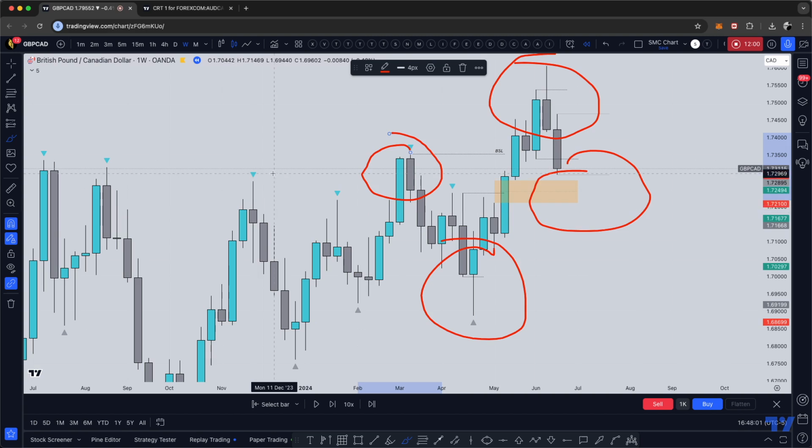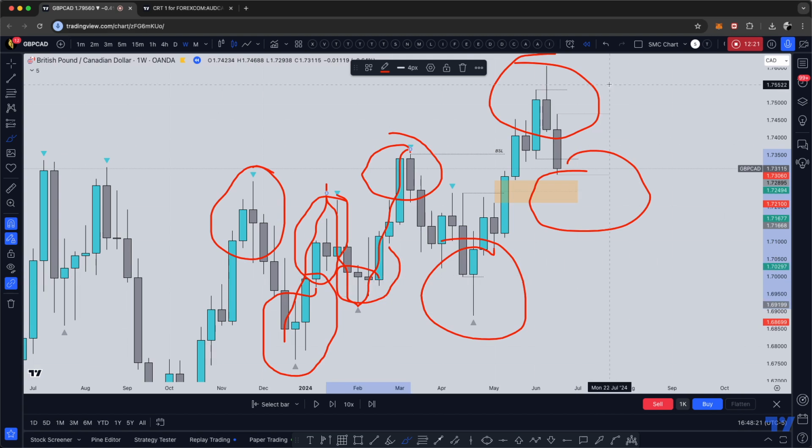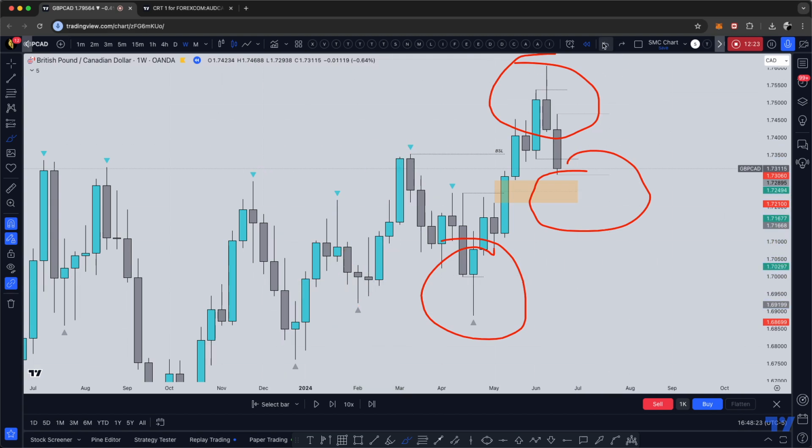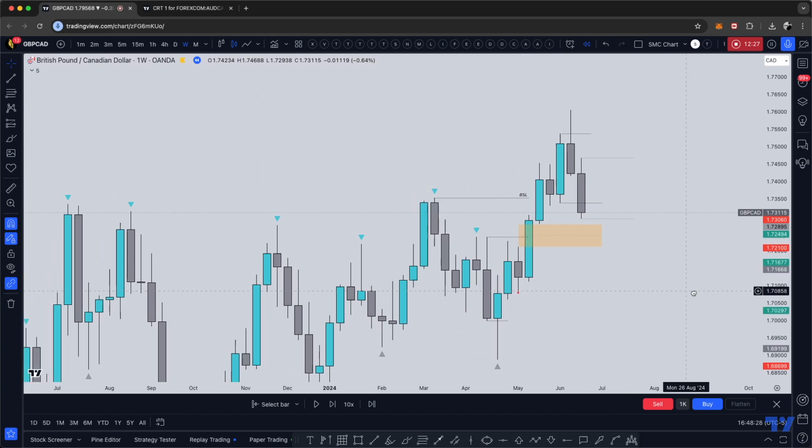Look at this, another CRT here. Every time the price comes to an end, look at this CRT here. Look at this CRT here. Look at this CRT here. Every time the price has a pivot point, it reaches a pivot point where it's going to start reversing or pulling back, it is going to show you some sort of candle pattern. Okay? Make sure, guys, if you have not seen the previous video. Okay? So,